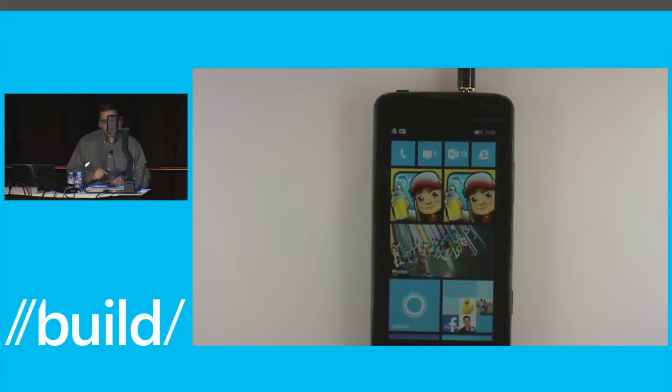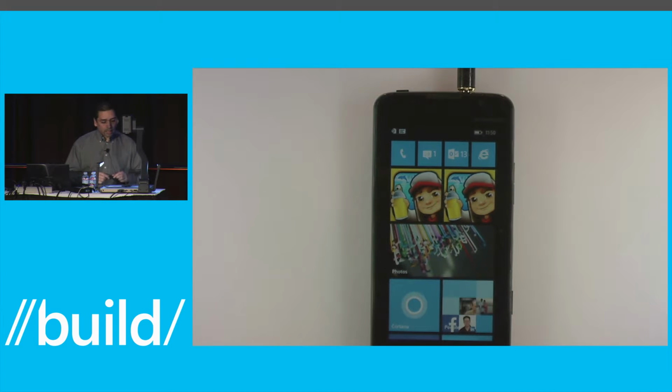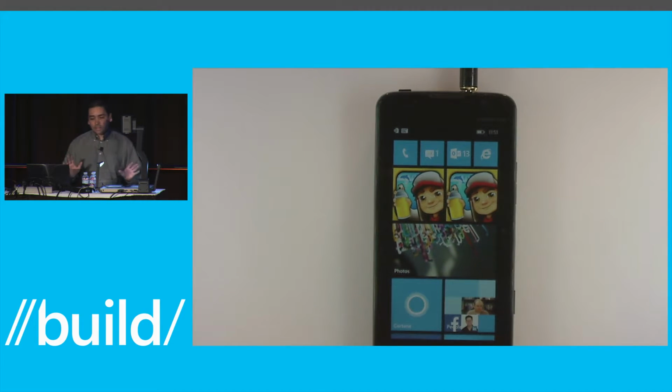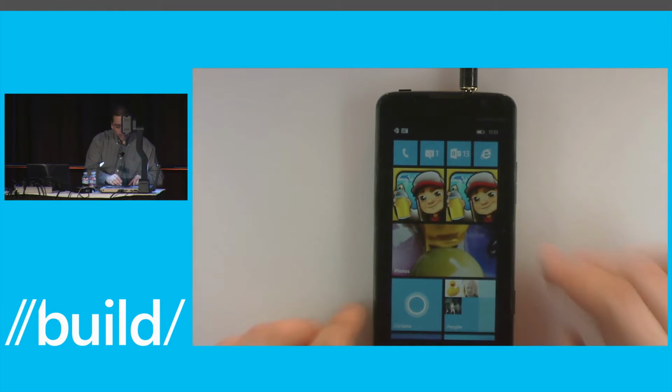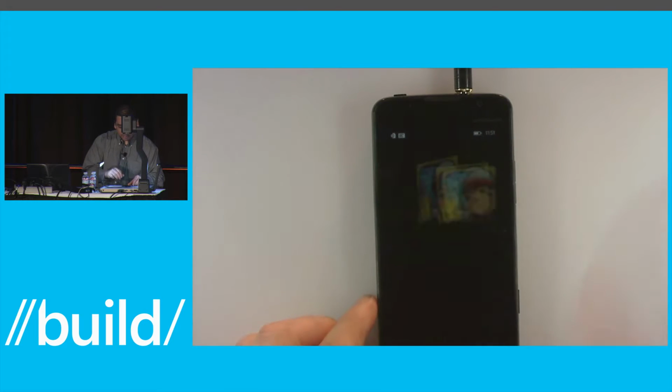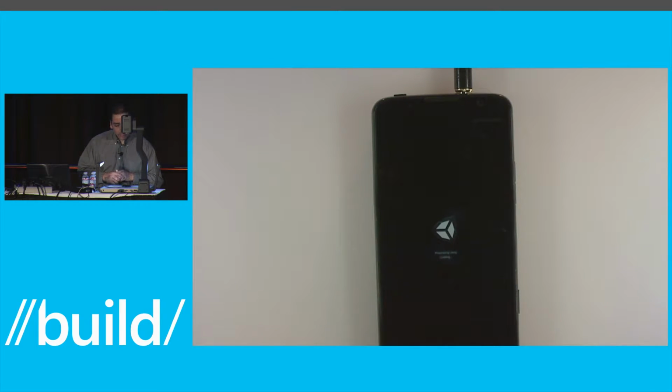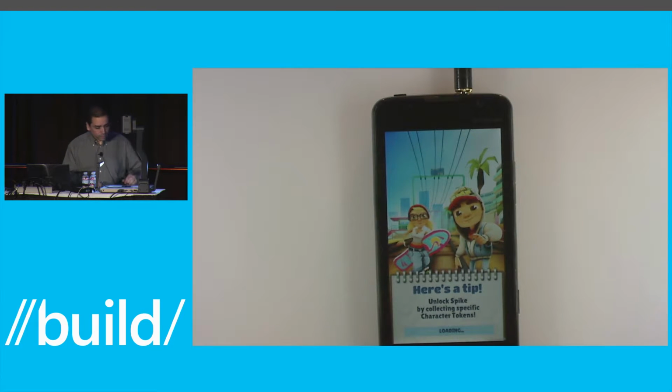Now, if I can just stop that, I'll show you that exact same demo on Windows Phone 8.1. All I did here is I took that exact same source code, I brought in the Unity Phone beta, and I actually recompiled the exact same source code. Didn't change anything, didn't even change the splash screen. So you will see the default splash screen because I didn't tweak any of the code. So all this is doing is running in the new application model, and what you're going to see is, I'll show you.